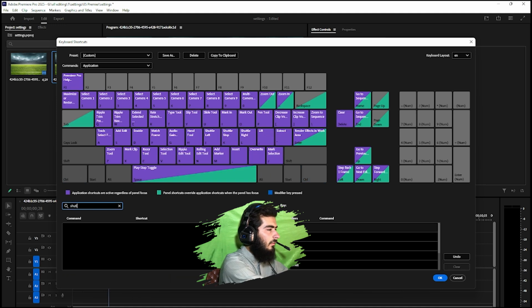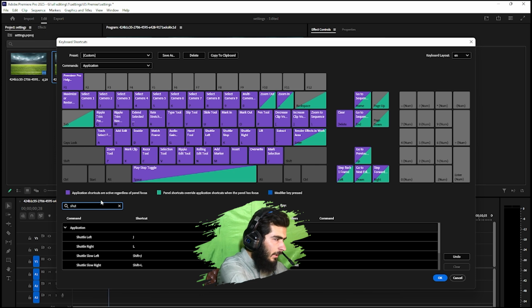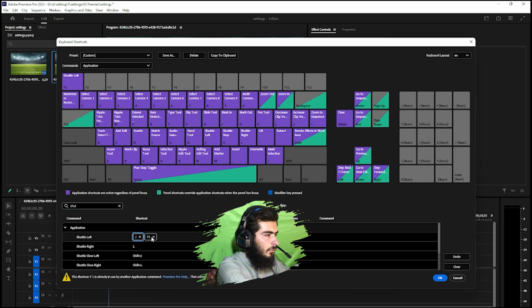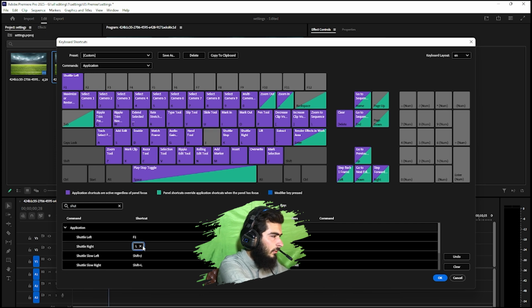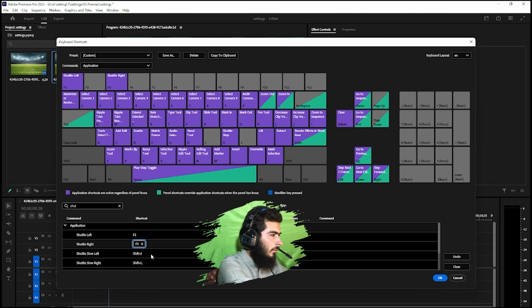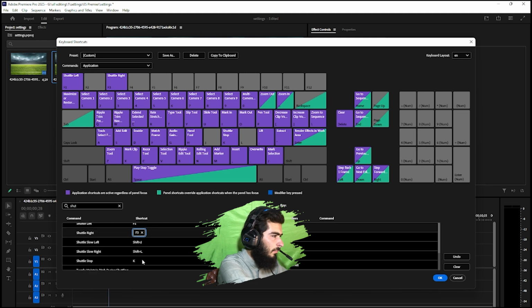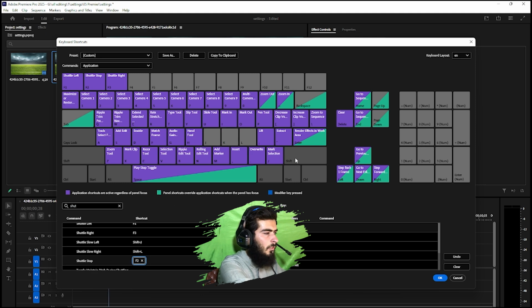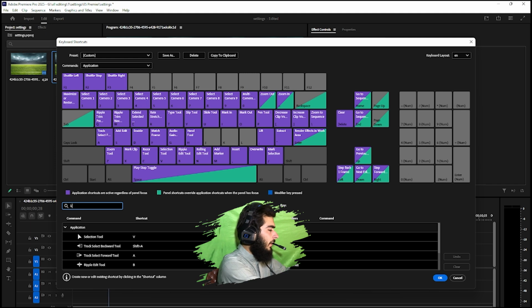Shuttle left and shuttle right should be like F1 for shuttle left and F3 for shuttle right, and now shuttle stop should be F2, so just remove the key. So these are removed. And now keyframe